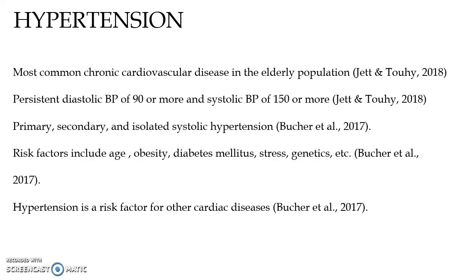For adults who are 65 years and older, these readings have to be taken in the healthcare provider's office for hypertension to be diagnosed, and if there is not an identified cause, it is diagnosed as primary hypertension. Otherwise, it is diagnosed as secondary hypertension. Older adults most often have what we call isolated systolic hypertension, which is basically a progressive increase in systolic blood pressure with a decrease or no change in diastolic blood pressure. Now, this is typically caused by the thickening and reduced elasticity in arterial and venous blood vessels.